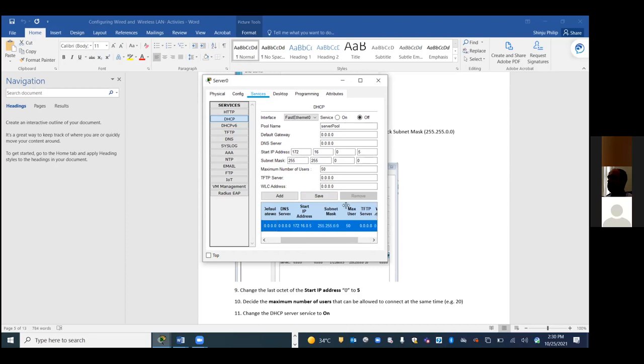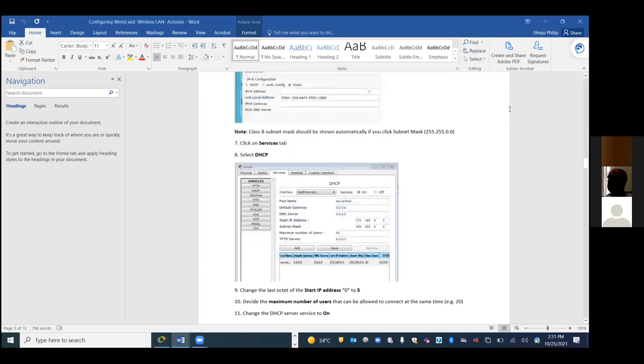Okay, got it right? So 50 devices can connect to this network. You understood what I did, right? So now DHCP is enabled on this server.